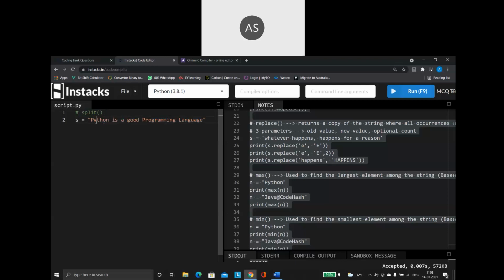The purpose of the split function is to break the string into multiple values. So I'm taking another variable, say x is equal to s dot split. This is how I'm going to make use of my function.